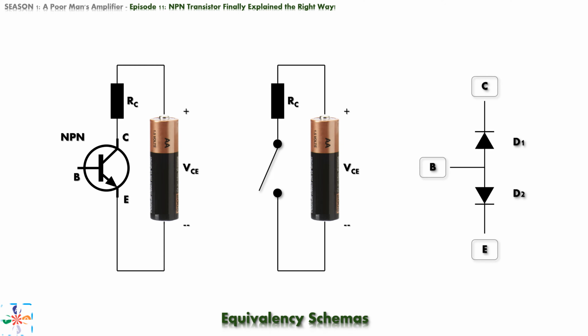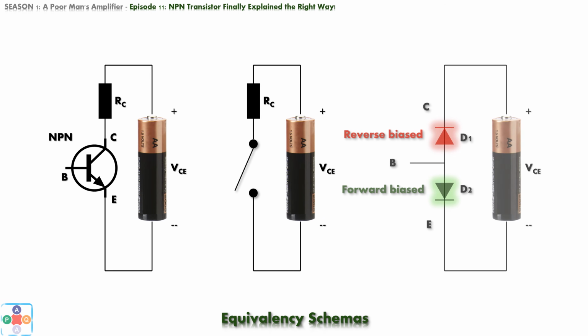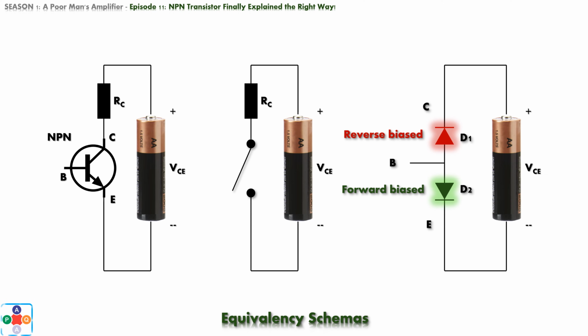So, this would be the same scenario as when NPN transistor is in cutoff mode, or simply put, when it acts like an open switch. So, let's bring back all the schemas, and see what is going on in here. Let's connect the battery to our two-diode model of transistor. Now in this configuration, the diode D1 is reverse biased, and diode D2 is forward biased, in relation to the